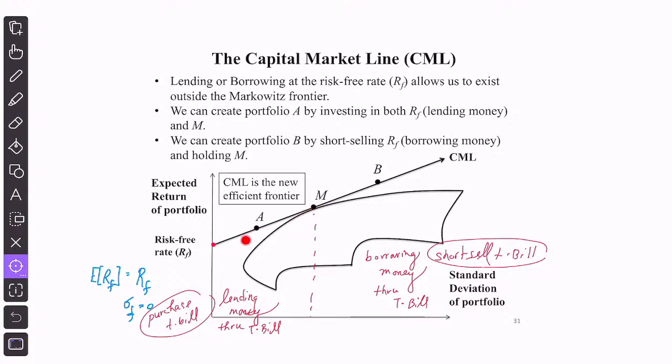Anywhere in between here and here, investors are both lending risk-free, and investing in the market portfolio. But beyond this, they are short selling T-bills or borrowing to invest in the market portfolio and expanding their possibilities. So B is just an example of that. A is an example of